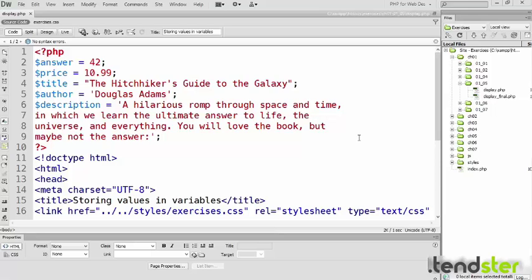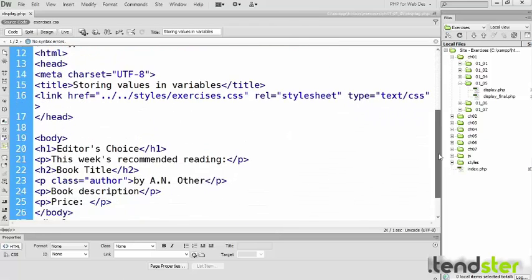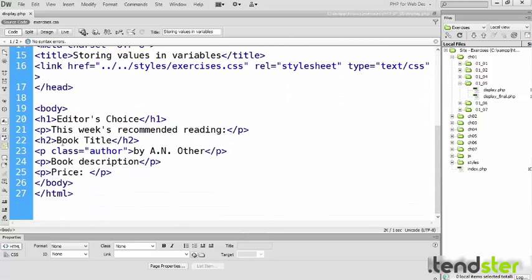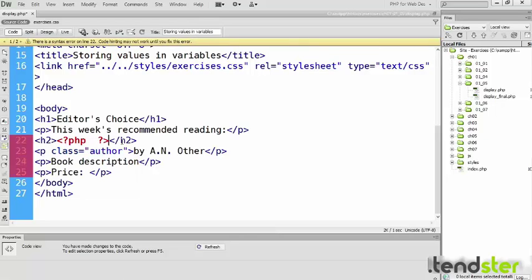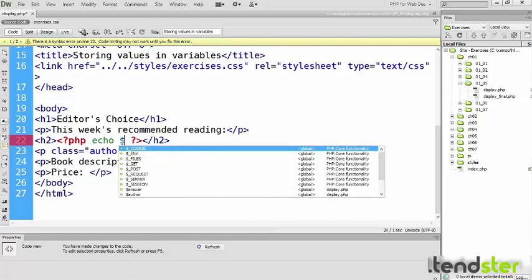So what I want to do is to replace the book title with this variable here, title. Let's scroll down to my H2 heading, book title. Select that HTML, delete it, add some PHP tags, and between them I'm going to type echo, which is the command for displaying simple variables such as text and numbers. And it'll be echo title